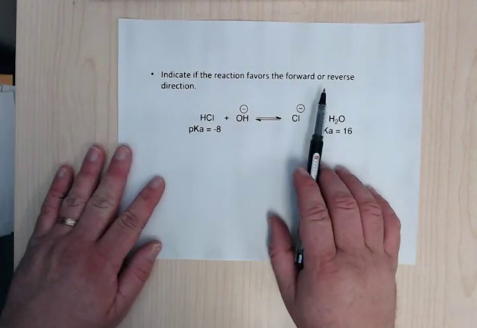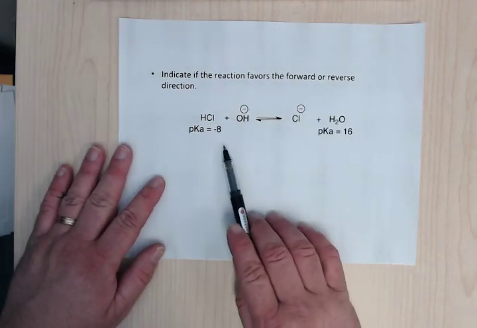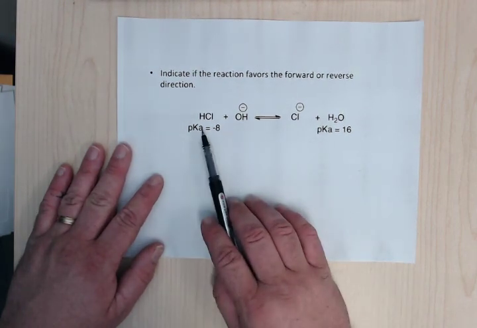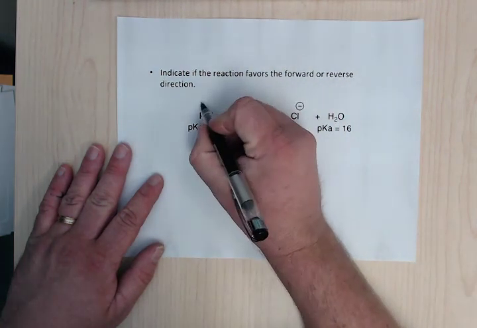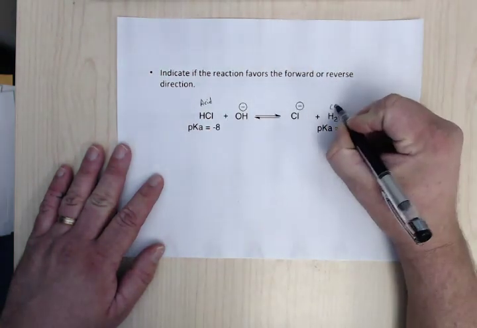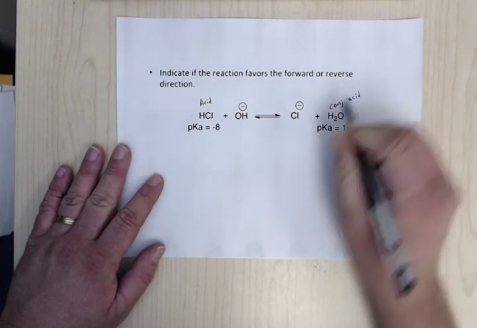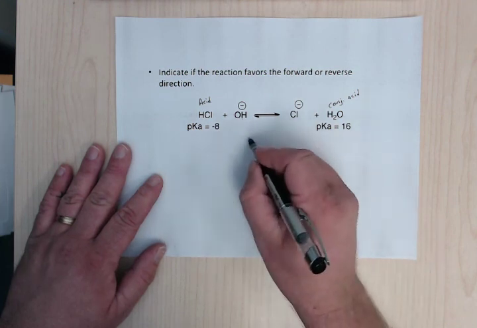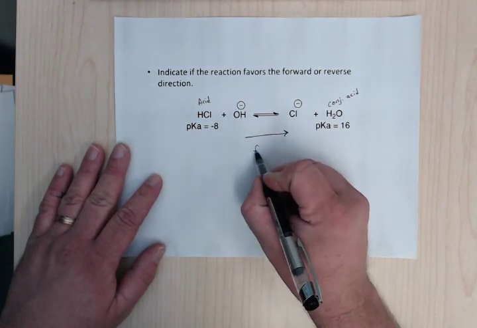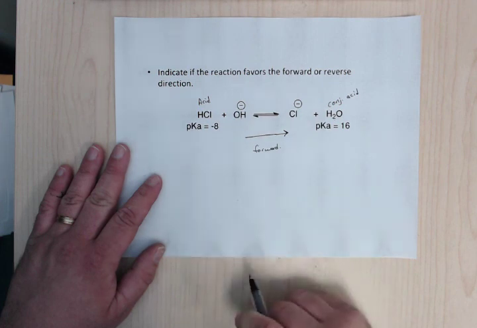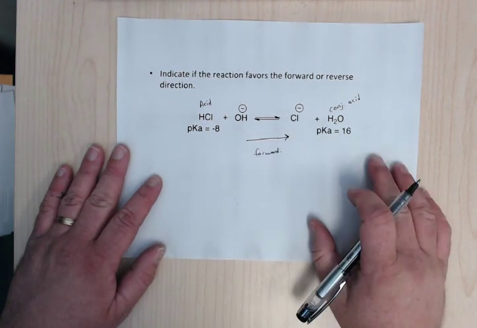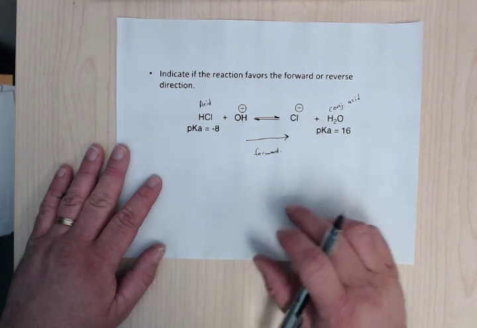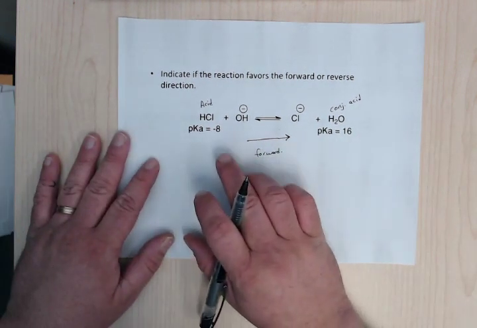Last but not least, which one for the reverse? The reaction is going to want to go towards the higher pKa of either the acid or conjugate acid, right? So this is the acid on this part, right, or the conjugate acid. It's going to want to go to the higher numbered side. So here you're negative 8 versus 16, and so the reaction is going to want to go this way, so it's going to want to go forward. Okay? It doesn't matter what the numbers are. It can go from negative 8 to negative 6, or it can go from 6 to 8. It doesn't matter. It's always going to want to go